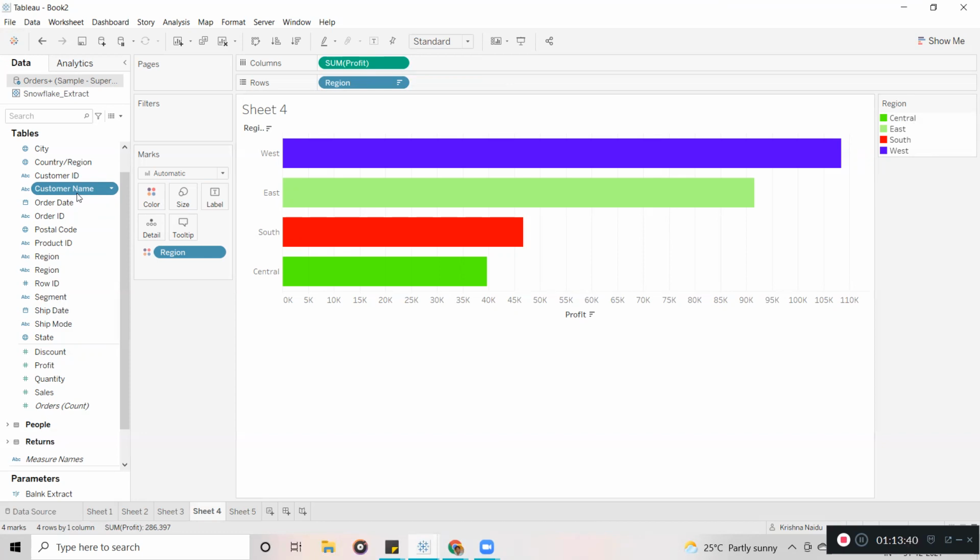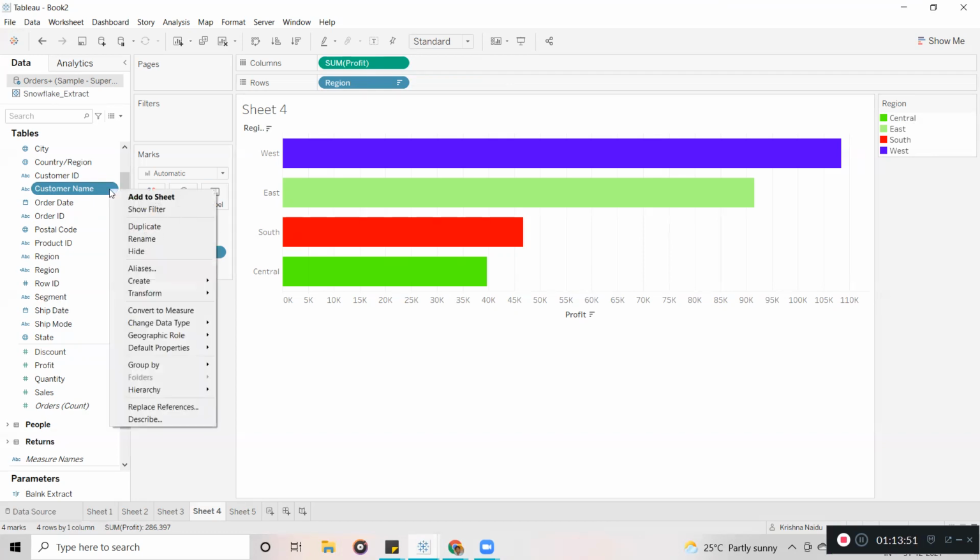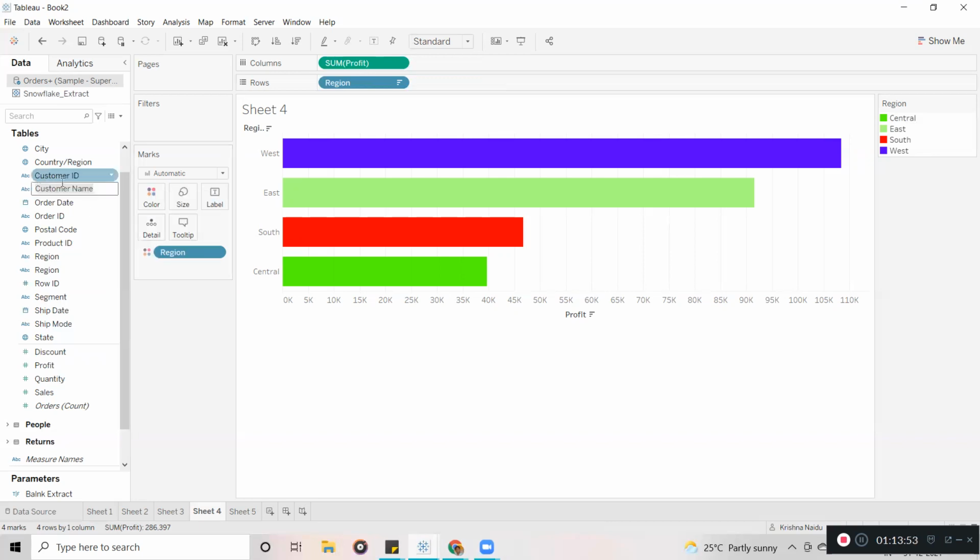Let's assume they want to see subscriber name instead. So we rename it as subscriber name or something different. This is how you rename it.